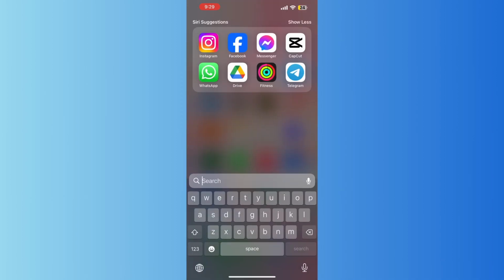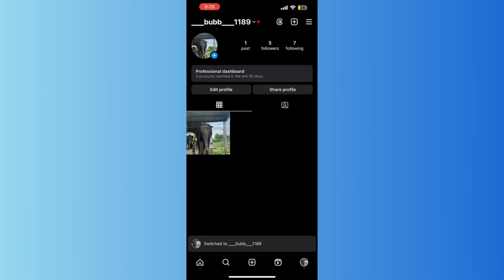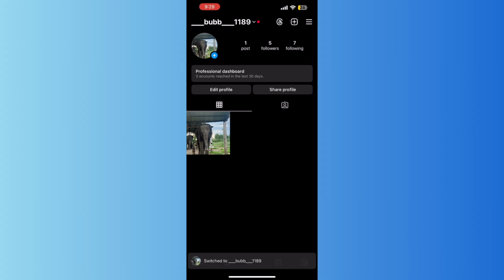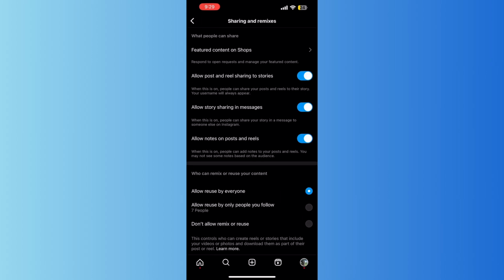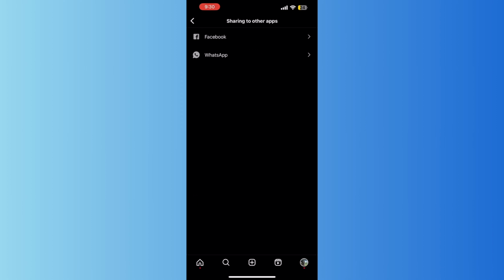Here, what I want you to do is go and open your Instagram. Then tap on the three horizontal line icon present on the top right of your screen. After that, scroll down and tap on sharing and remixes. Then select see apps. So here, after you landed on this page, you will see an option to disable to